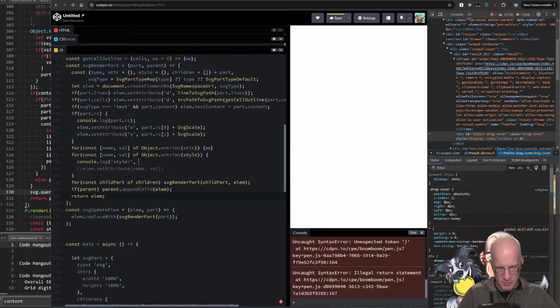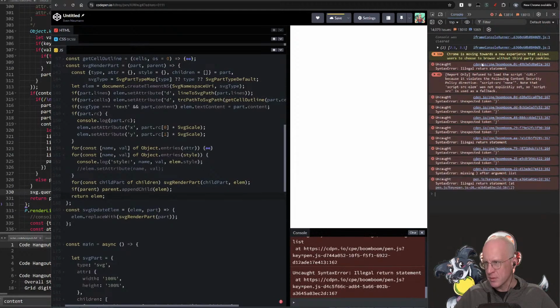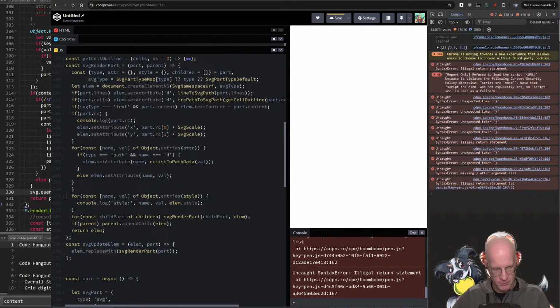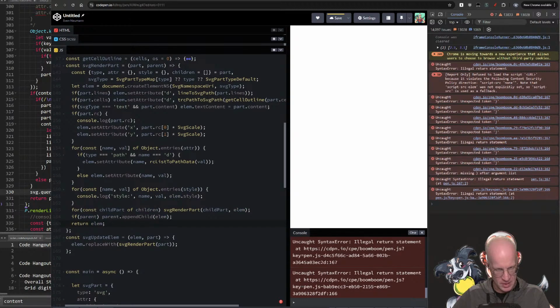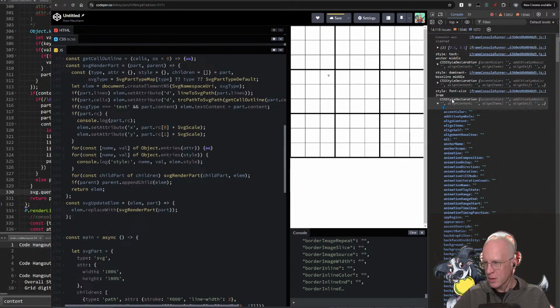One sec. My brain is not keeping up. Name, value. Element.style. Is it style or is it CSS style or something? Object entry style. Why do I have missing braces here? Did I hit something? Yeah, sometimes when it's collapsed, it kind of clones an element without showing me. There we go. All right, so we have style,